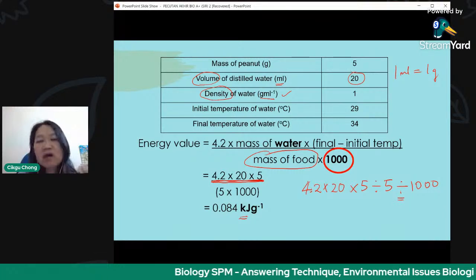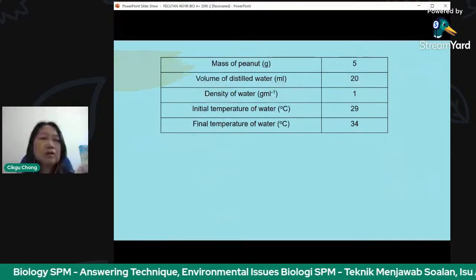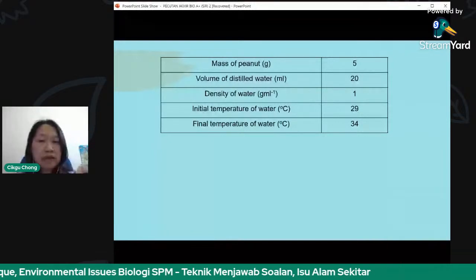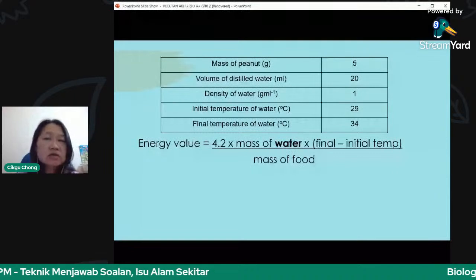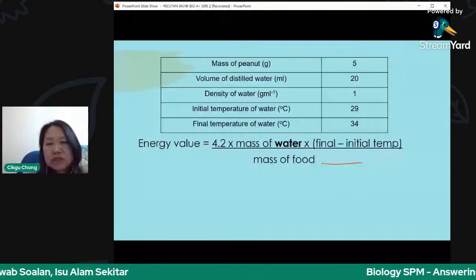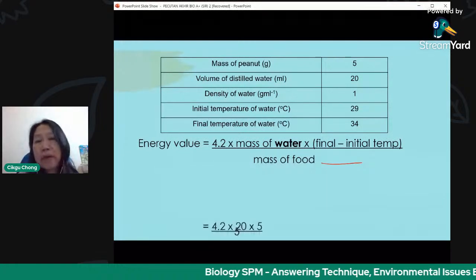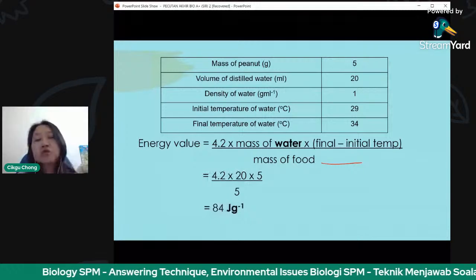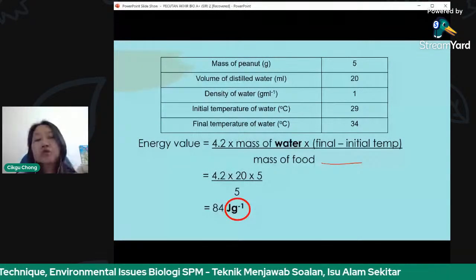Now what if the question wants you in joule per gram? They do not want you to give the answer in kilojoule. So you're looking at the same question. If I want my answer in joule per gram, the simple way is no need to divide by 1,000. Do not divide by 1,000. Just divide by mass of food. Your answer will be in joule per gram. Okay, it's the same answer. It's going to be 84 joule per gram,